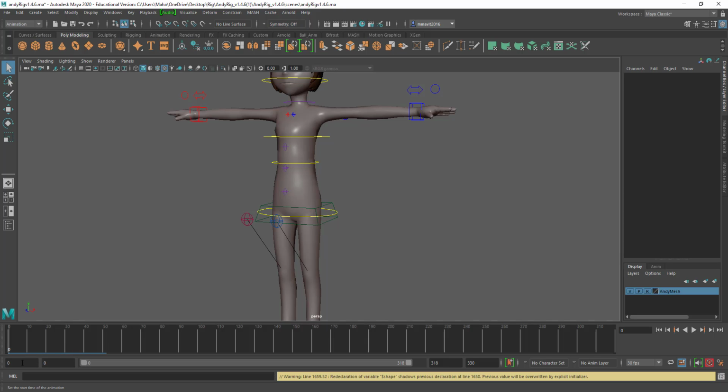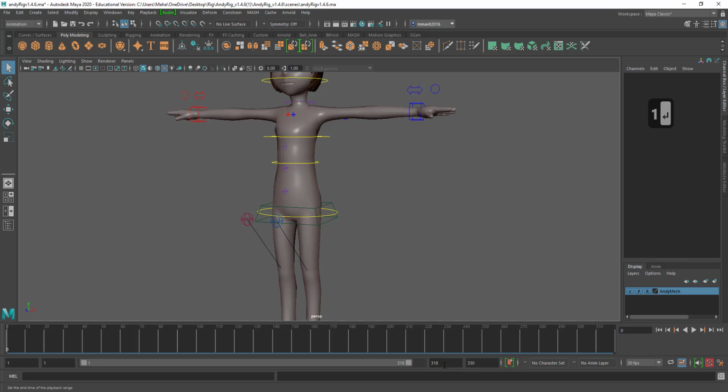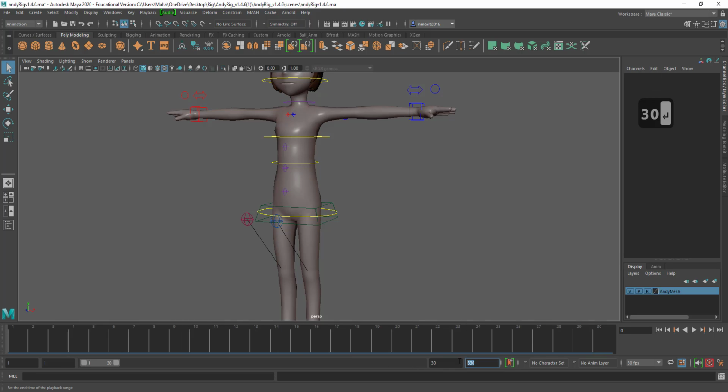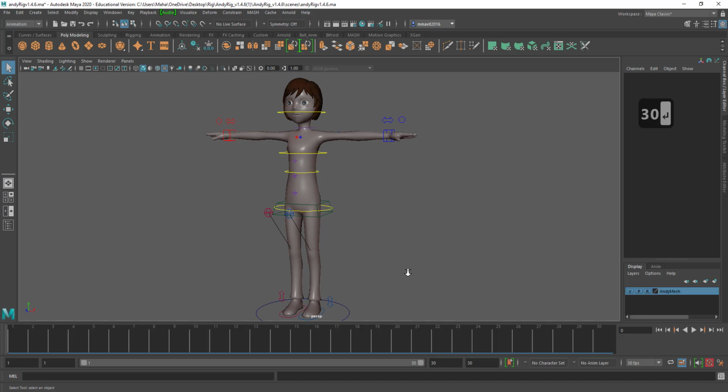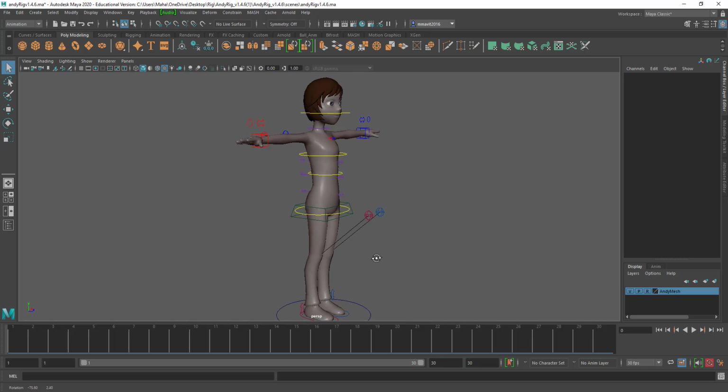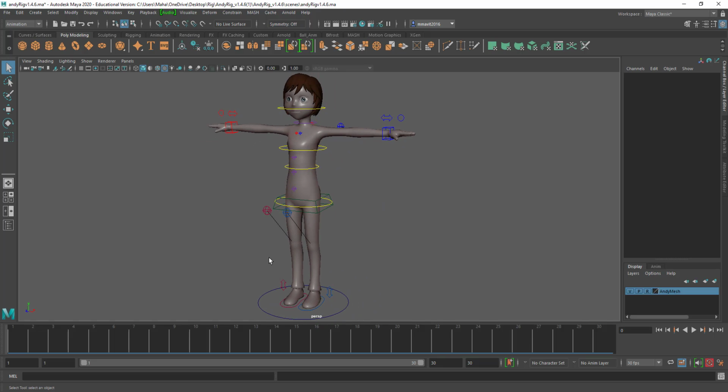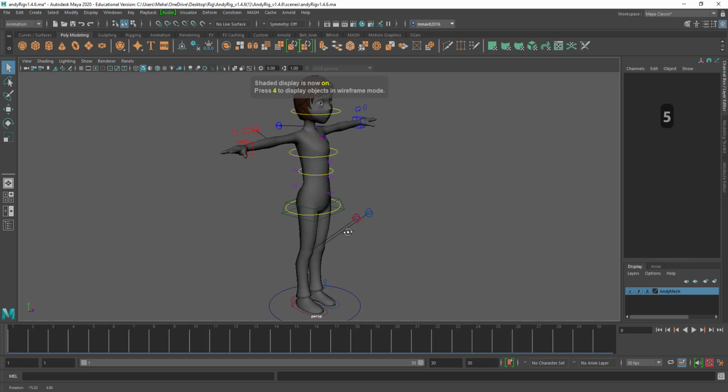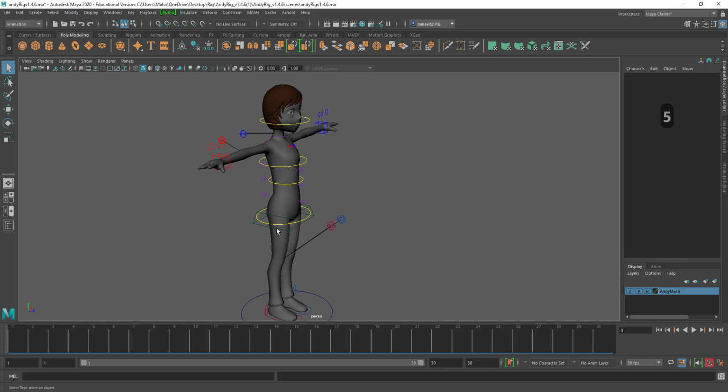Yeah, here it is. It starts from one. I don't need 300 frames, so around 30 frames is fine. Okay. Sorry. So you would have learned about the IK and FK kind of